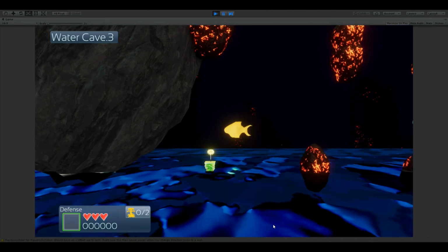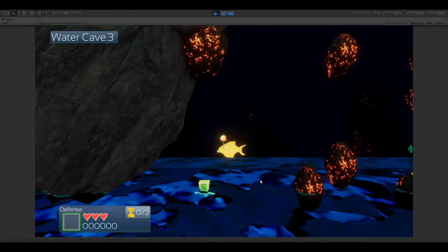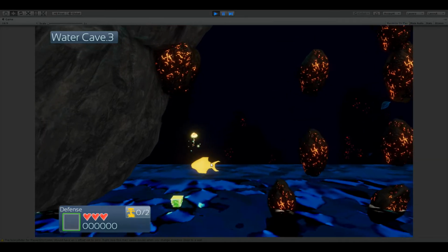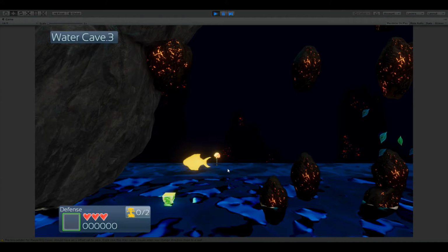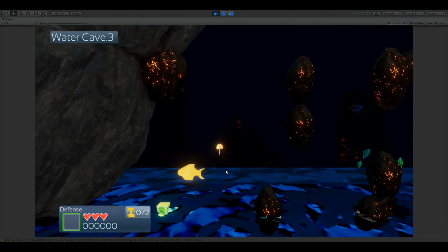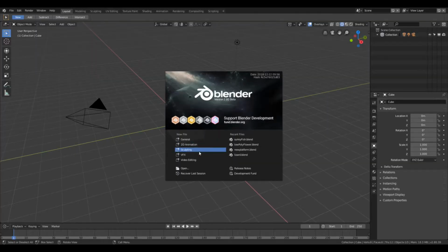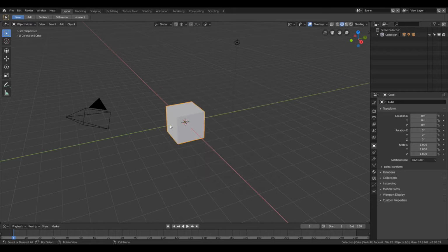Hello, today we're going to make this three-dimensional fish with animation in Blender from a 2D photo and import it into Unity Game Engine. So let's get started. Okay, over here in Blender we're just going to pick up a general